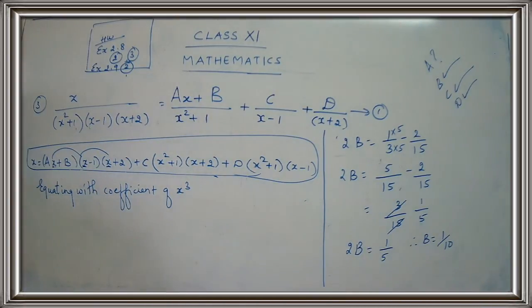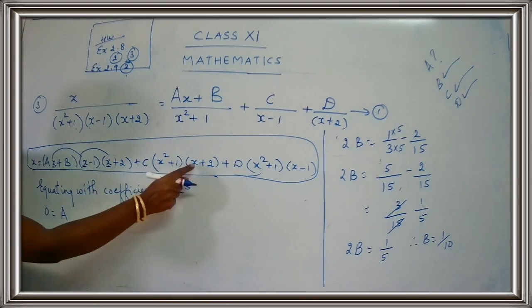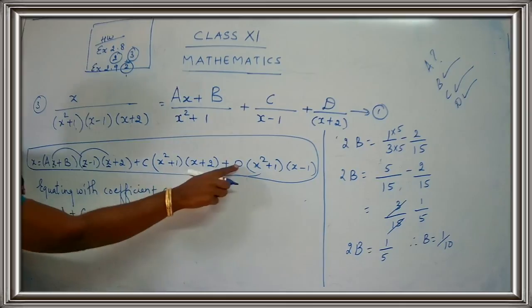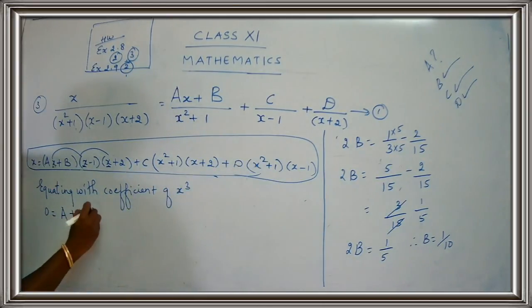So what do you get here? So what are the coefficients? Here we don't have x cube, so this is 0. This is a. For a I'll get x cube. But for b, b is not having x, so when I multiply for b, I'll get x into x, so I'll get x square. For a I am having x, so for a I'll get x cube. So you have to write only the coefficient as a. For c you have x cube. For d, x square into x cube. So 0 is equal to a plus c plus d.